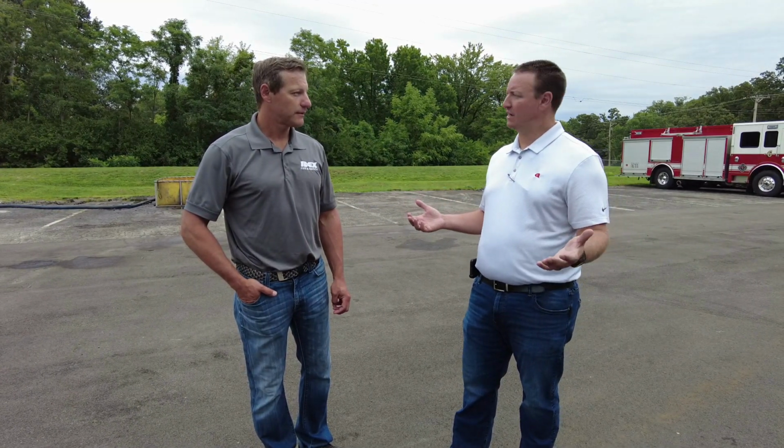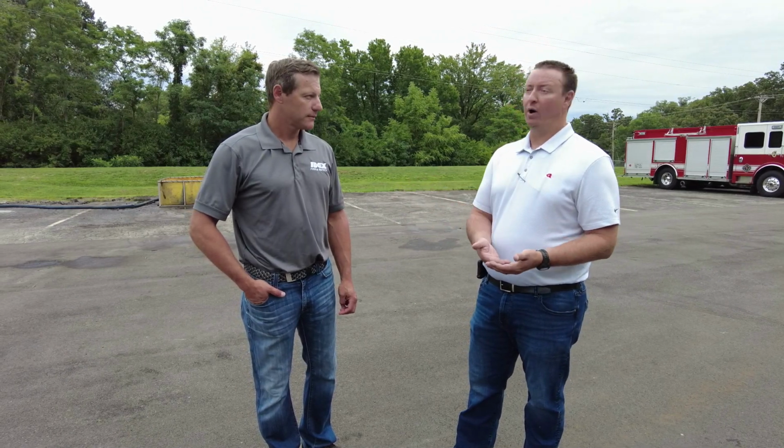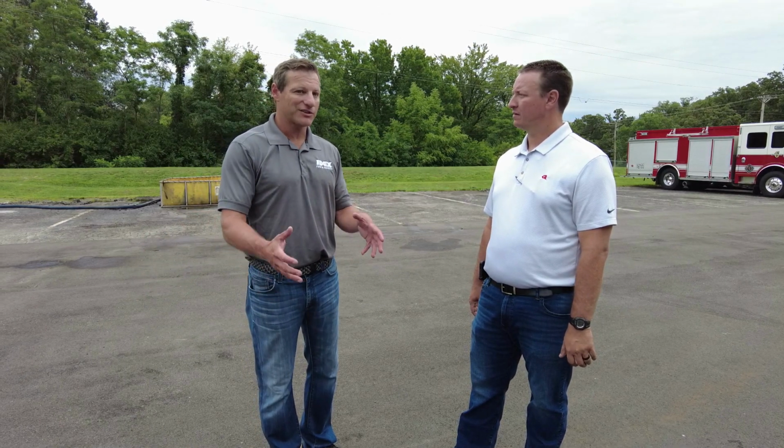Huge. And what we're seeing, let's go back to the retrofittable, because there's 2 approaches to this, right? There's departments who have SAM trucks right now, and then their spare truck, let's say the newest one they just got has SAM. So then the second newest is 5, 7 years old. Boom, they're on Boost, right? So that way they get that same technology on it. Well, they feel that, right? They understand it's a better, faster fire ground. Yep. And now they see that they can at least get some of that on a truck that they're